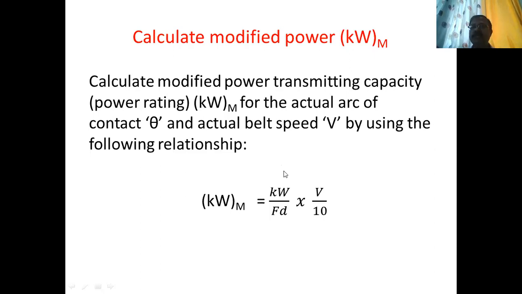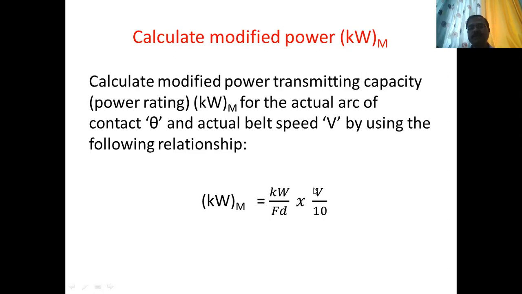Then it is for velocity 10 meter per second, and in our case the velocity will not be equal to 10 meter per second, and the value of kW is for per mm width of belt per ply. And so to accommodate all these things, we have to calculate the modified kilowatt or modified power rating,